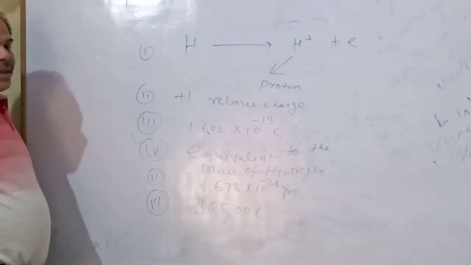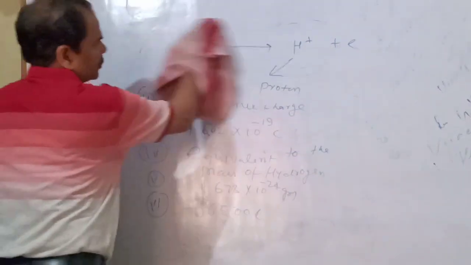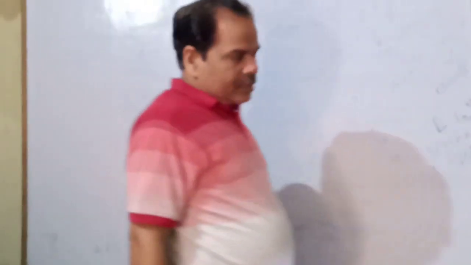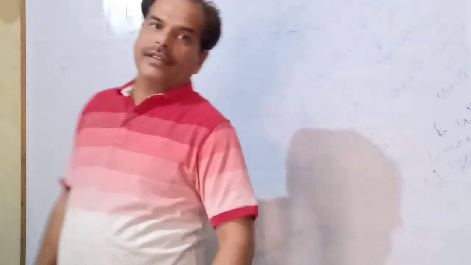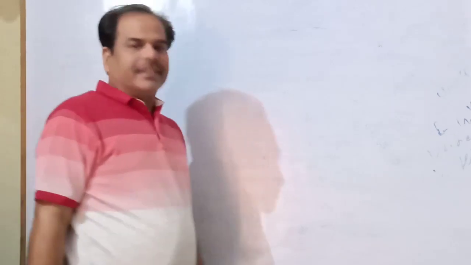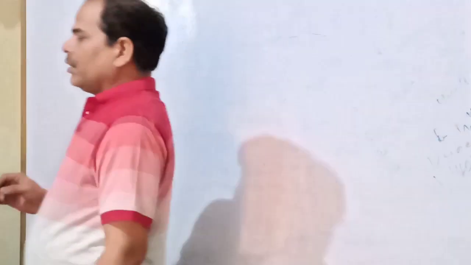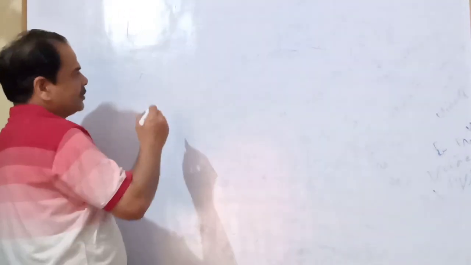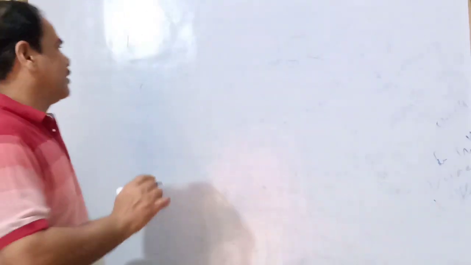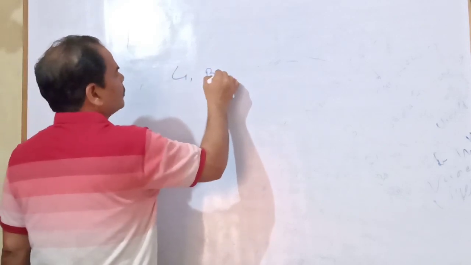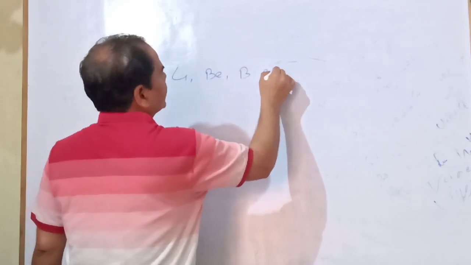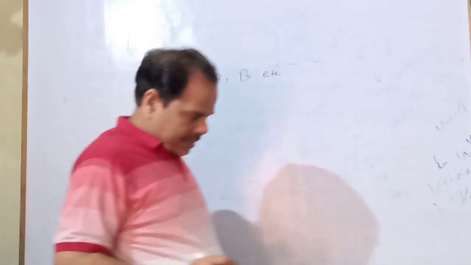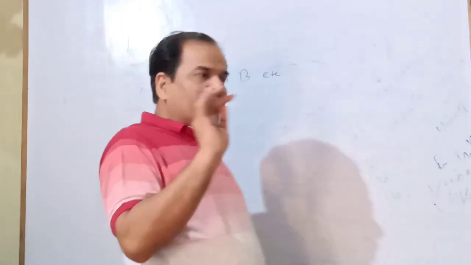Now I am going to teach you discovery of neutrons. Discovery of neutron was done by the scientist named Chadwick. For the discovery of neutrons, alpha particles or alpha rays were bombarded on the elements having lower atomic masses like lithium, beryllium, boron, etc. After the bombardment, a ray of neutral particles was produced,